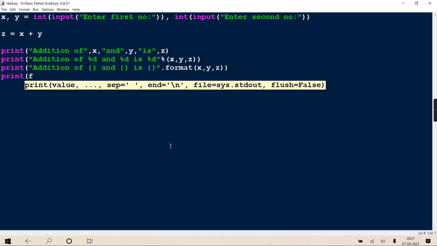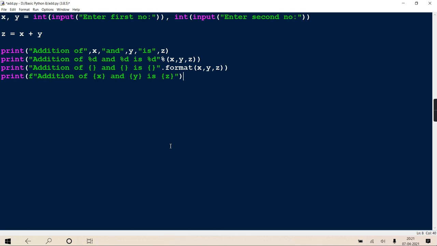And suppose I write like this, f addition of brace bracket x and brace bracket y is brace bracket z. Will this also give the output? Yes. So just see, the same output I am displaying in 4 different ways. Getting or no? So I hope you got it.